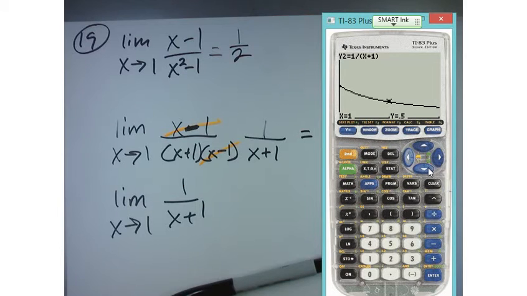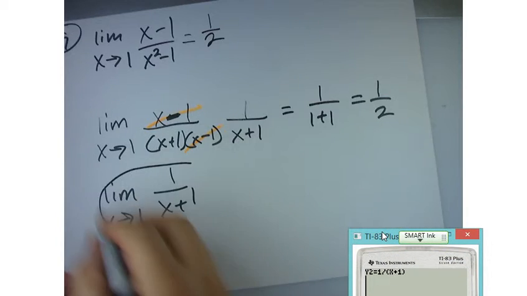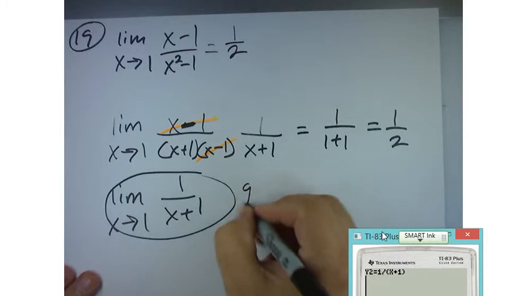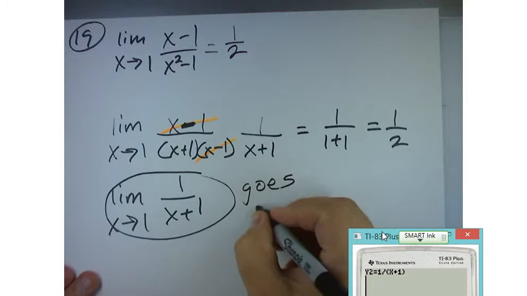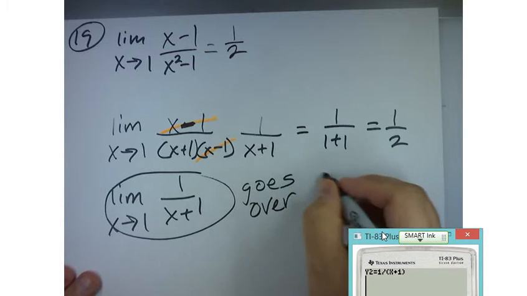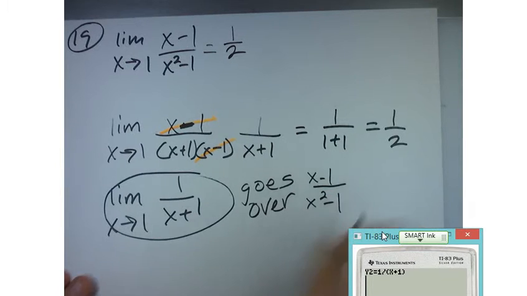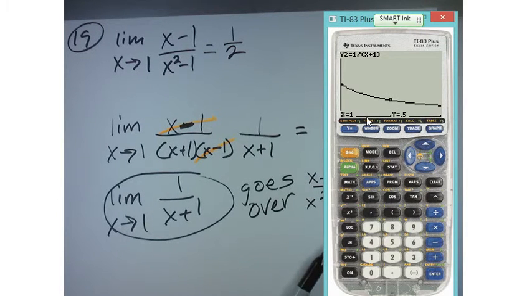But if I scroll down and use another equation, it's defined. So the reason this works algebraically, truthfully, is that this function here goes on top of the other function. It kind of goes over it. It covers it up. So graphically speaking, they look almost exactly the same, except one plugs the hole at x equals 1 and the other one does not. So if I were to go up or down,